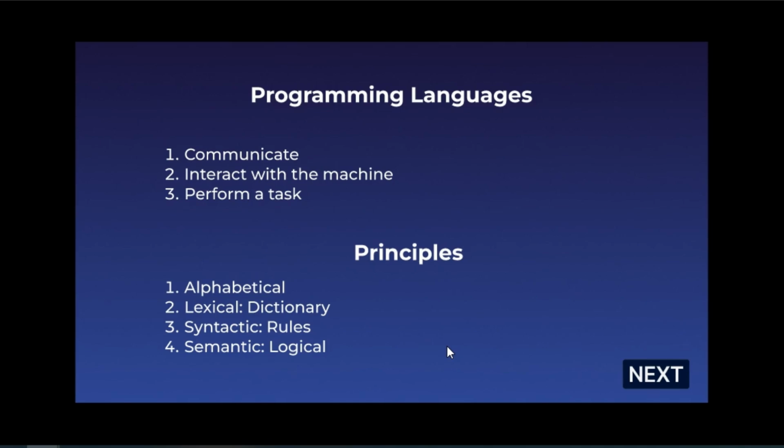Syntactic rules. These are principles and rules that we need to follow while writing a program. For example, if we write a print function, we know that print starts with a small letter, ends with a small letter, and is then followed by parentheses. And then we know that it could take n number of arguments. Then there's a thing called positional arguments as well as keyword arguments. I've done a video about that, and you can check it out.